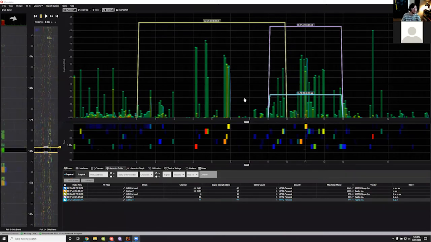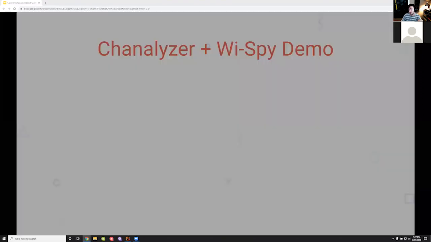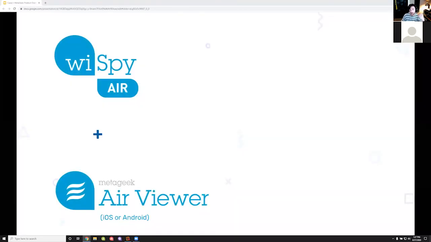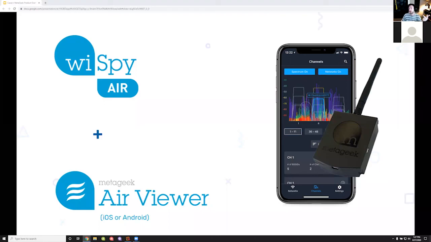Again, this is Channelizer, so this is a Windows-only application. The next tool I wanted to show is Wi-Fi Air and the AirViewer application, which is intended for mobile devices. So iPhones, Android, Samsung phones, basically all of these mobile devices are compatible with this piece of hardware. This is the actual Wi-Fi Air right here. It is a piece of hardware that you actually have to plug in, and I have one right here